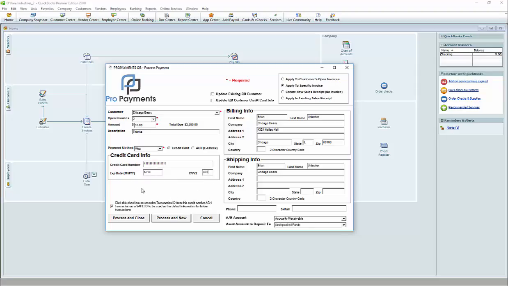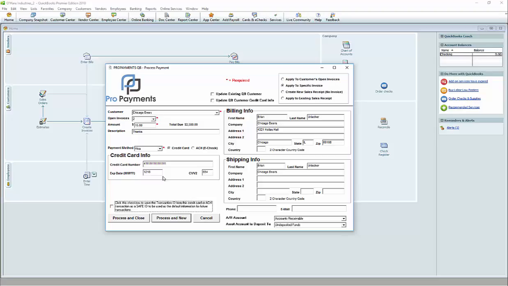Before we process the transaction, we've got one last option to attend to. There is a checkbox here that says Safe ID to store this information in the safe. What that will do is take whatever payment data we've entered and then write it into the Pro Payments gateway so that it can be used again automatically the next time we charge this customer. I'll show you what that looks like in a moment. But in this case, we're simply going to uncheck the box so that the information we use is only processed